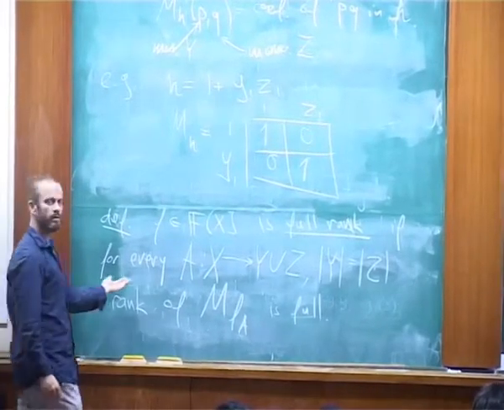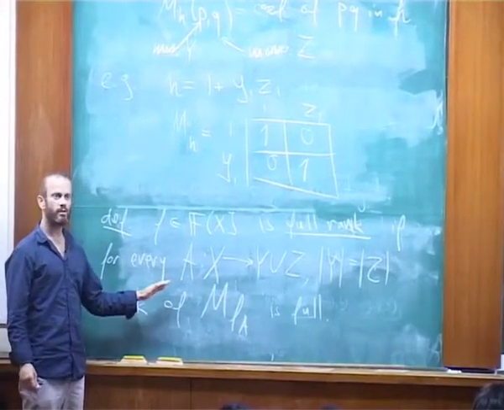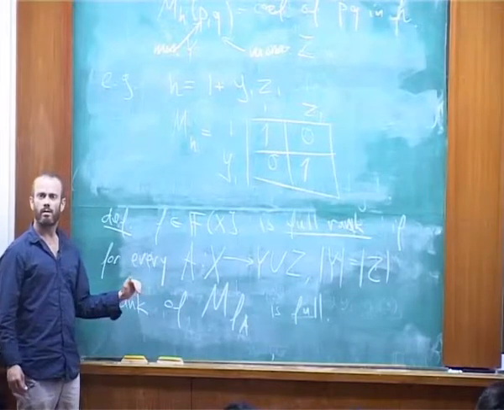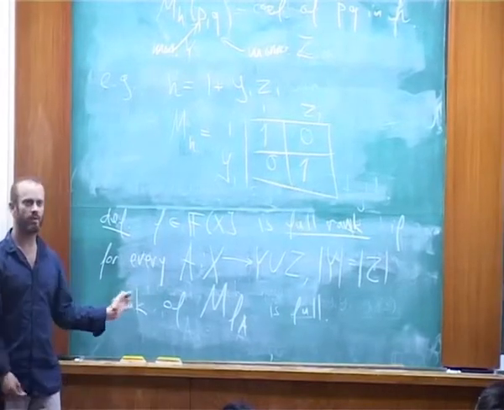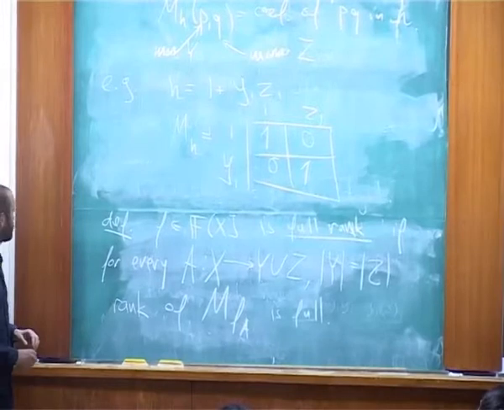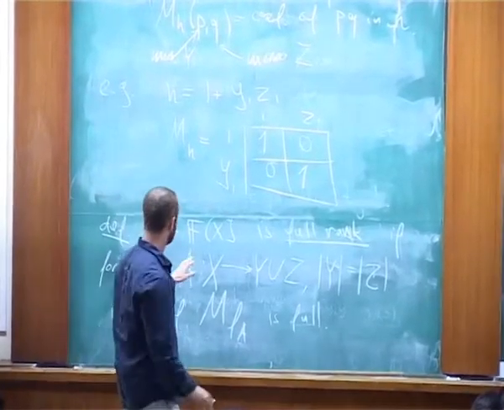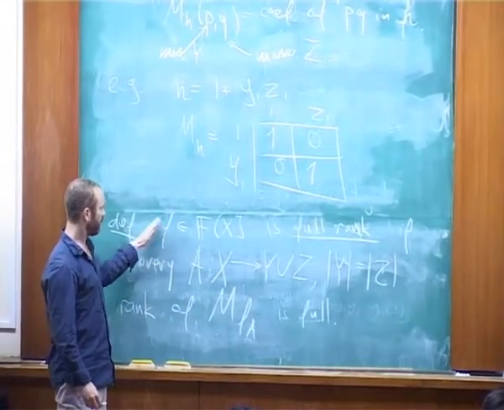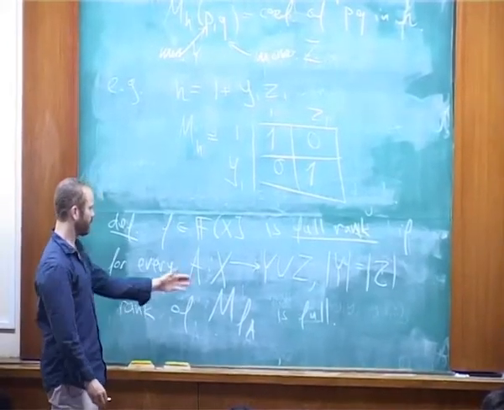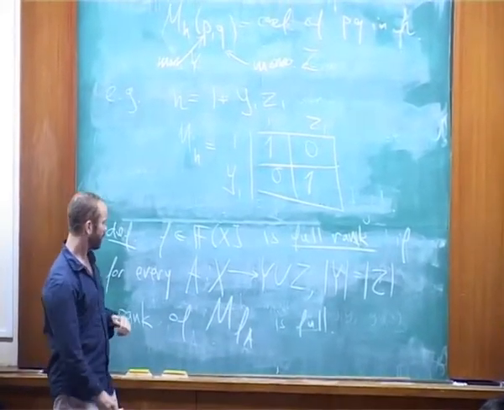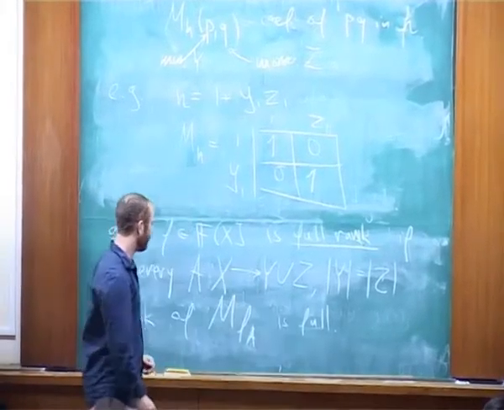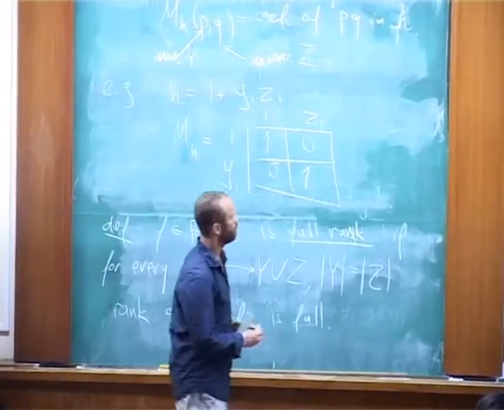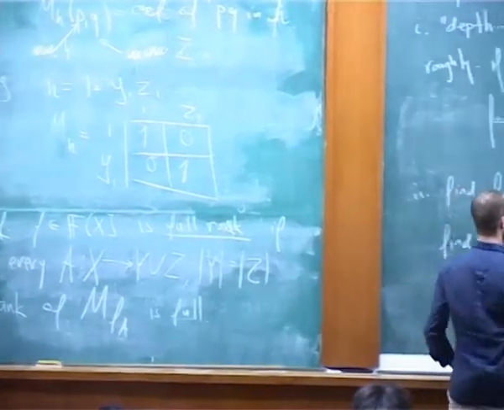So is it clear what the definition is? If you have questions, please ask. So this is a property of polynomials. It's a family of polynomials. Every polynomial that satisfies this, we call a full rank polynomial, and the theorem that